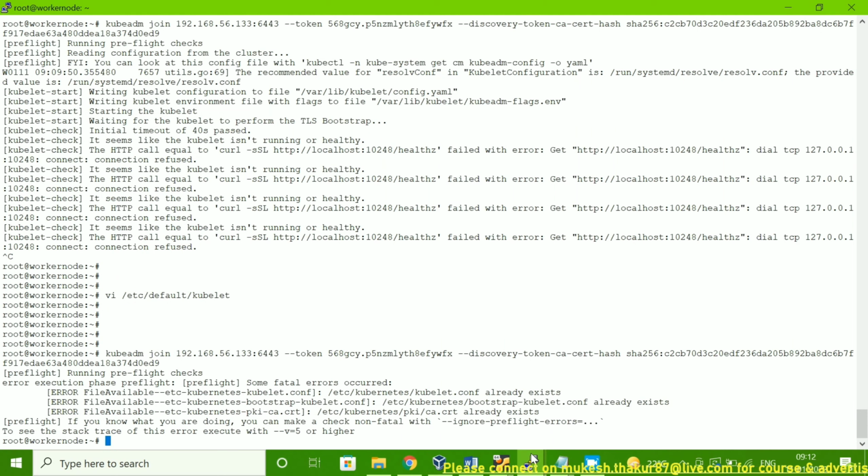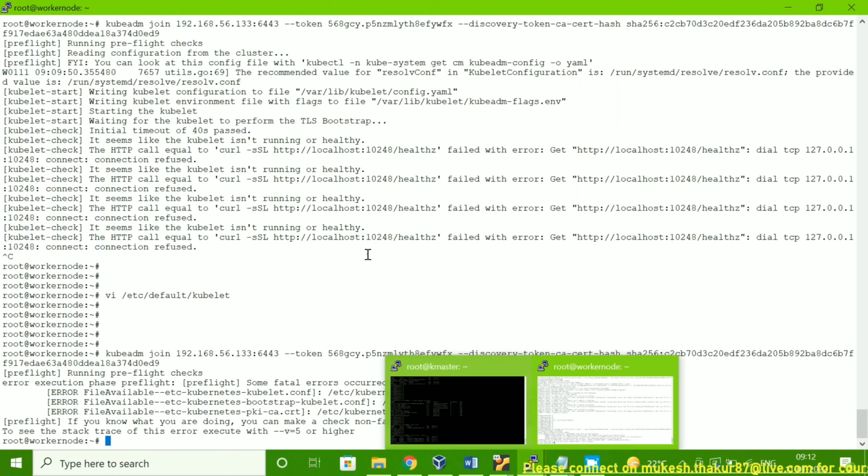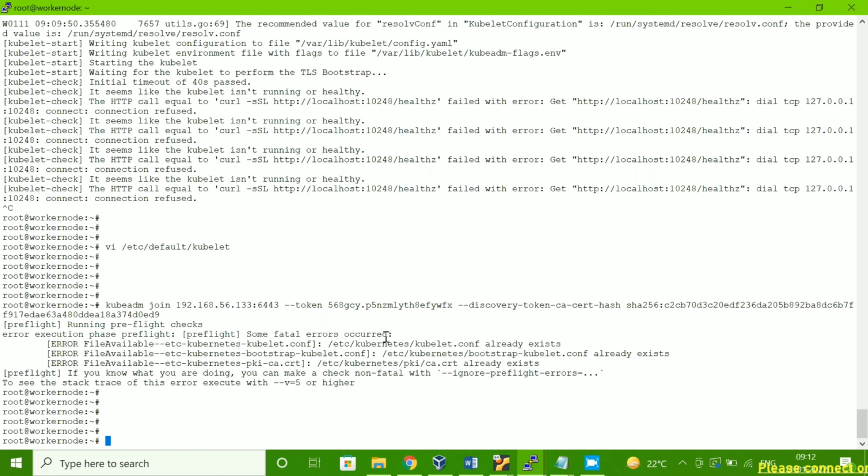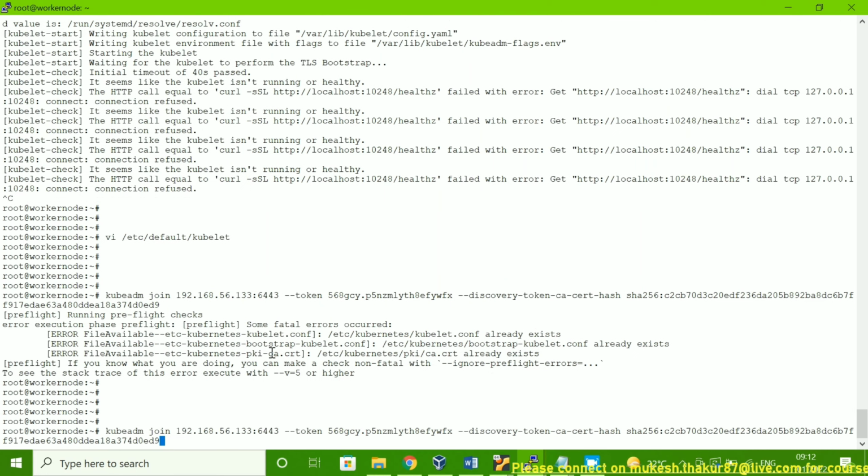Now once you run it again you get an error. It means some file is already available from the first time you ran it. So in this case you have to run the same command again but with the help of ignore.